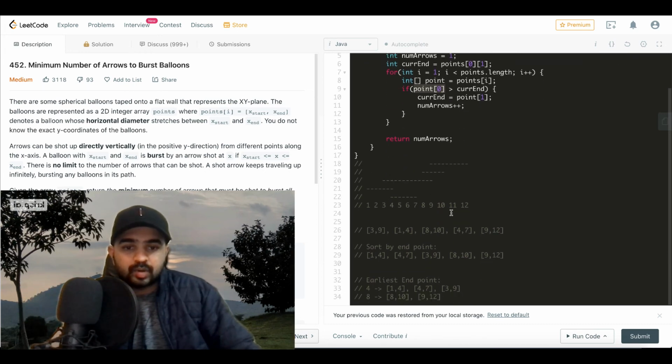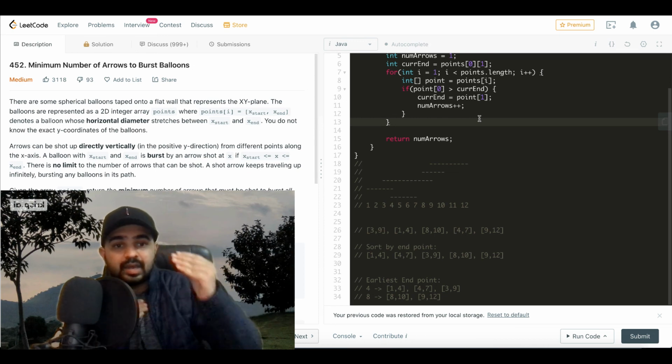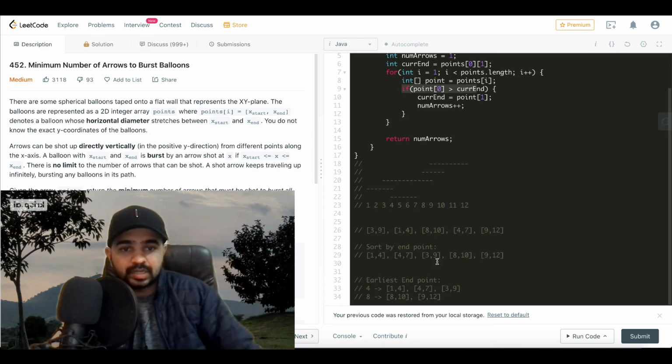If you think of this example, if there comes a point where the start point of our current balloon is greater than our end point, then this condition is hit. So that was hit here when 8 comma 10 came, and our current earliest endpoint was 4.